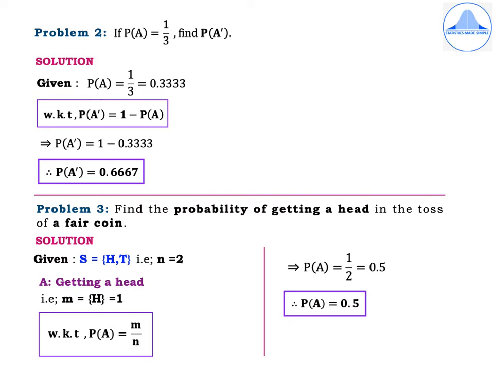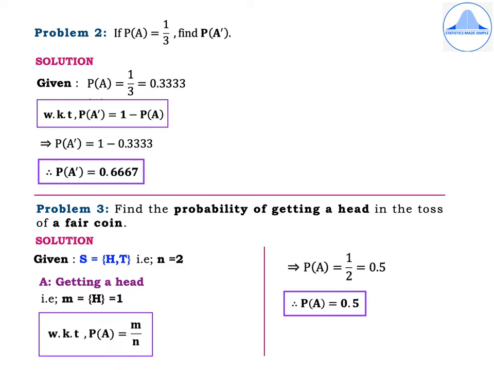Problem 2. If P(A) is equal to 1/3, find P(A'). Solution. Given P(A) is equal to 1/3, convert it into decimals. Take 4 places after the decimal after rounding off. So you get